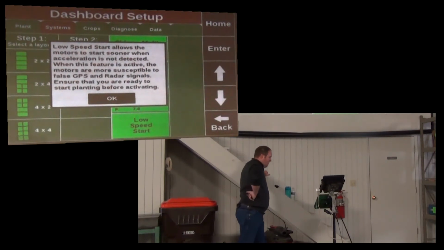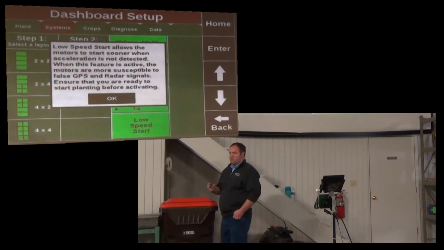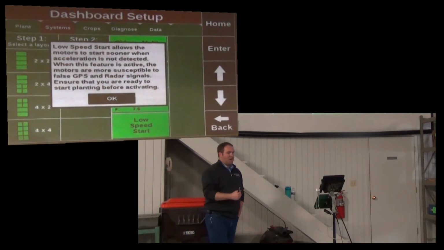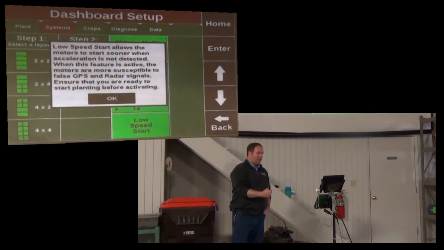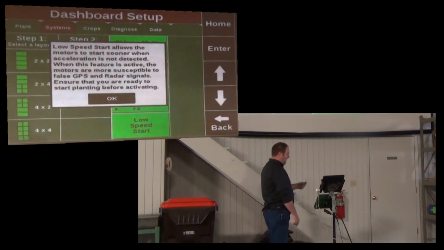So with V-Drive and RowFlow, we use radar, GPS, and accelerometers to determine when we start our motors. Like John Deere planters have a wheel speed sensor. When they see the wheel move, they'll start motors. We have accelerometers, like the power distribution module on the planter, or the RowFlow module has an accelerometer. When we sense acceleration plus 0.3 miles per hour, both of those, then we'll start motors. So if for some reason the accelerometers go out, or you don't have radar or something, you should enable this